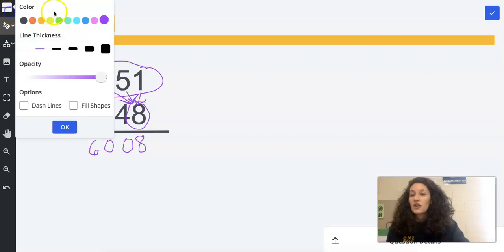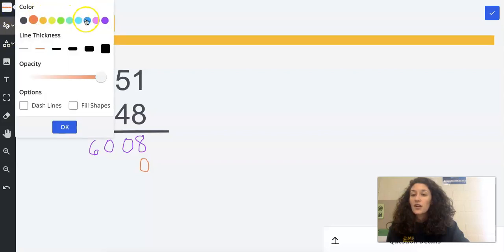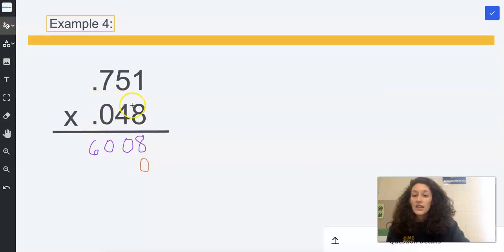I'm going to change colors for my placeholder in this problem. On the second line, I need 1 0 to hold the place. And then I'm going to erase some of this work, and go back to my scribble tool and grab a different color. I already dealt with the 8, so now I'm multiplying all of these numbers at the top by